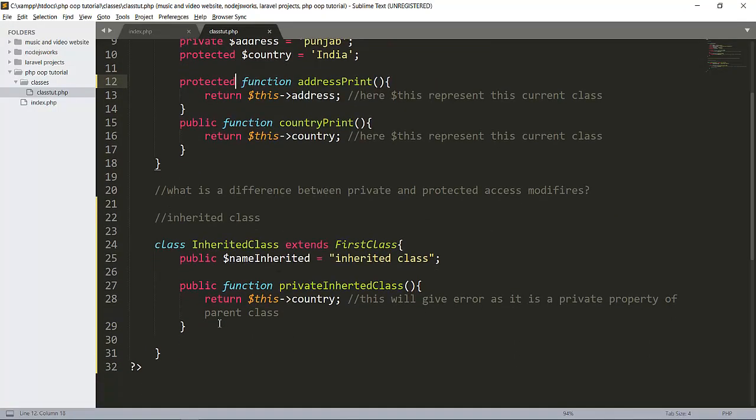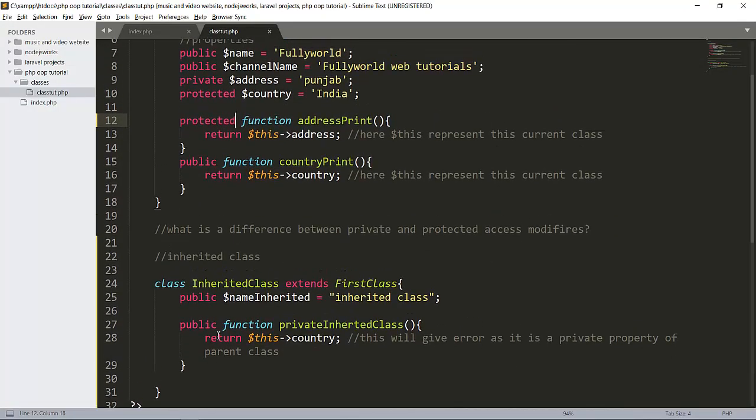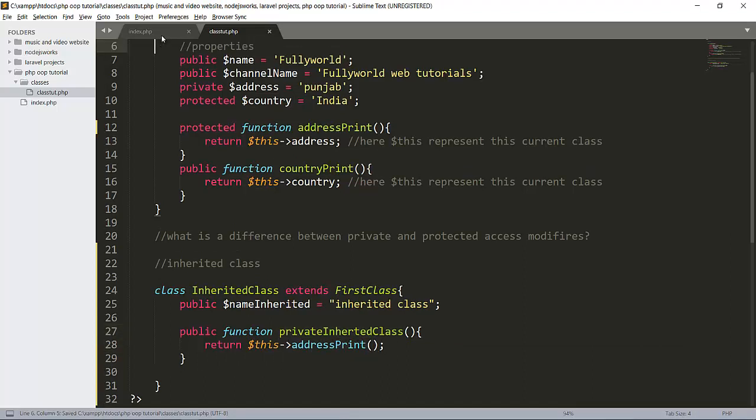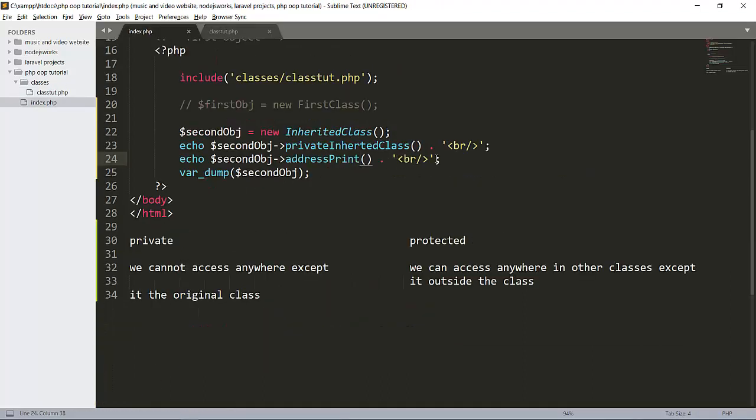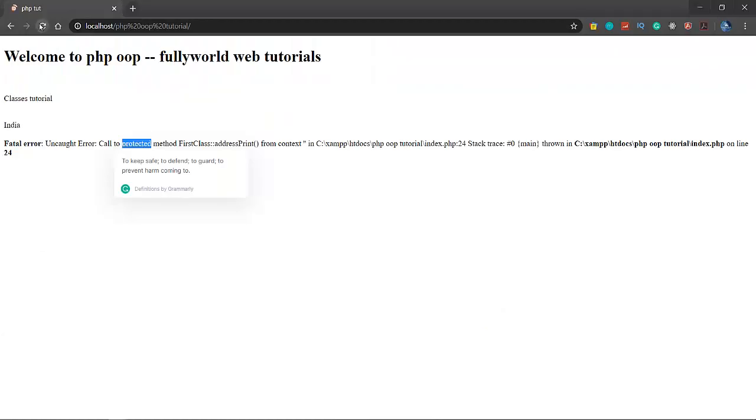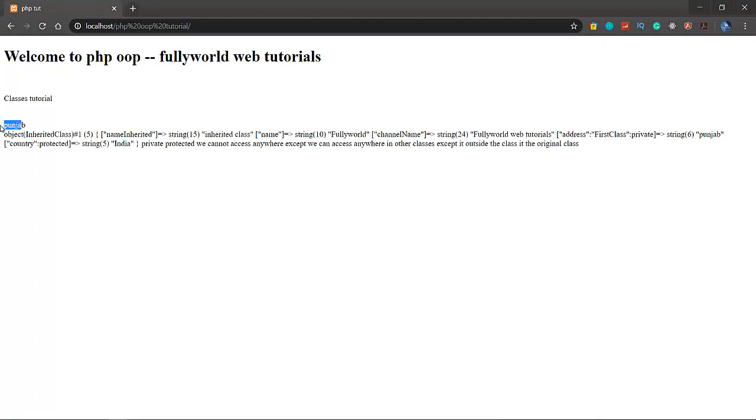If we want to use protected here, we can return the function here. Copy this, and here will be our function. So we will return this function here, and after that we will remove this. See that we will get our Punjab here.